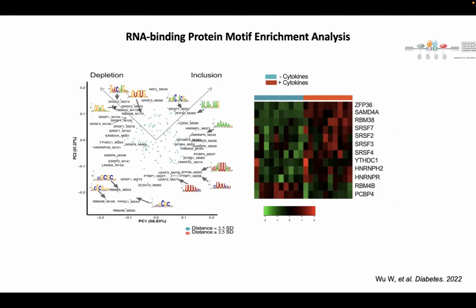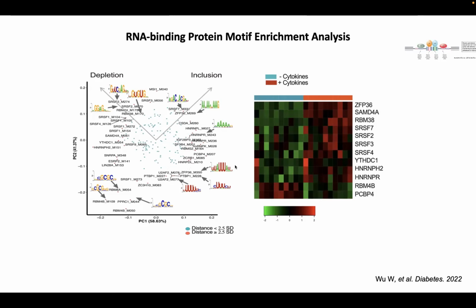and we are assuming those motifs more correlated to those two directions are responsible for the exon depletion and exon inclusion in splicing. So by this PCA analysis, we found those motifs enriched for the GU motif are responsible for the exon depletion, and those motifs enriched for the A motif are more responsible for the exon inclusion. And furthermore, we assume all the motifs that are more than 2.5 standard deviations are significant RBPs that are